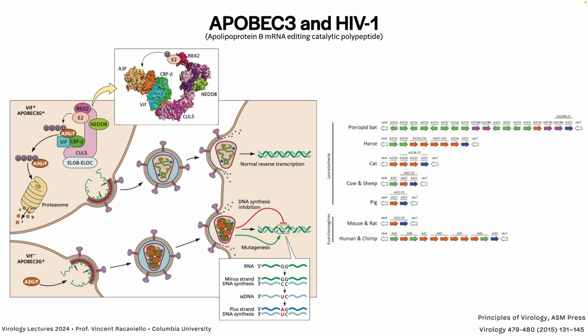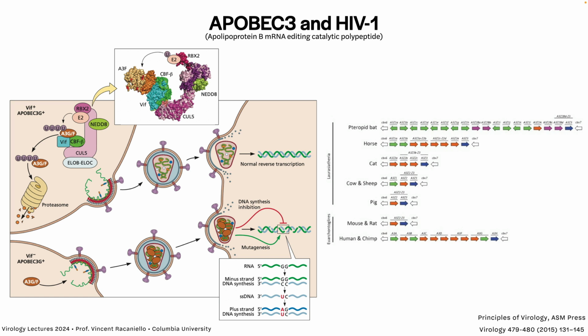So why do we have HIV at all if this protein works? The answer is there's an antagonist encoded in the virus genome in the form of a protein called VIF. You can see this little blue square right there is VIF. It's a virus protein which binds APOBEC, and it also binds a protein complex that leads to ubiquitination